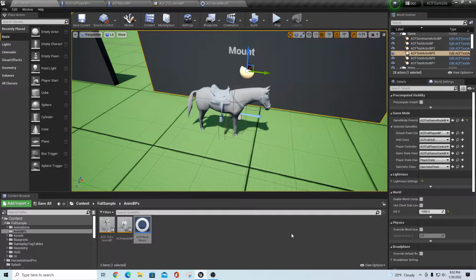Wanted to bring you a quick follow-up video to an ACF horse mounting video I'd done previously. Had some questions that had popped up regarding that as far as the timing of the animations and maybe making things a little bit more manageable as far as when the mounting occurs. So this isn't the only way to do this. It's just a way that I've used that I think seems a little bit simple, and I haven't completely finished this,